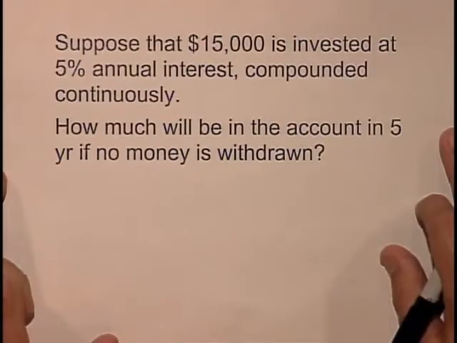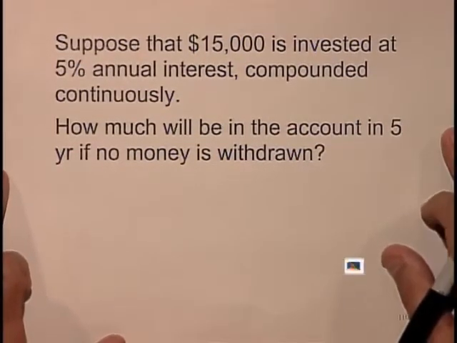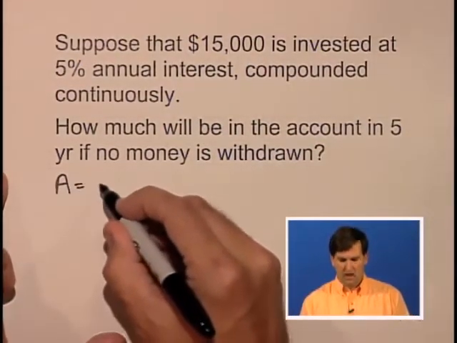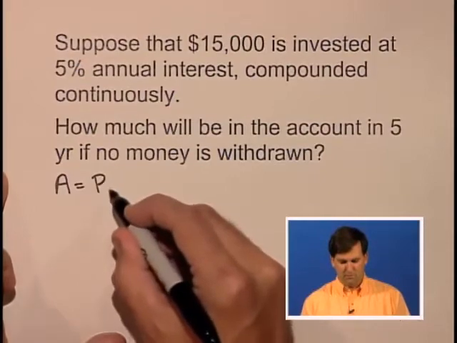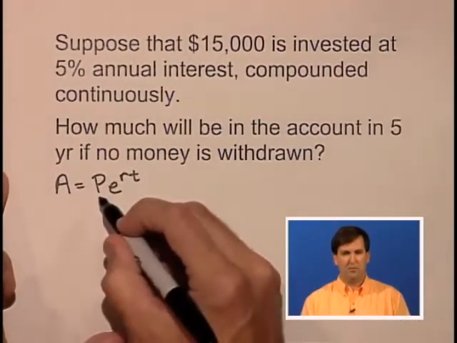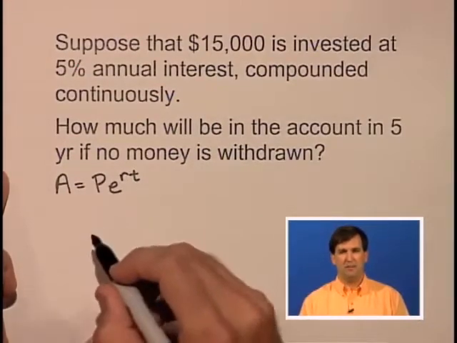Suppose that $15,000 is invested at 5% annual interest, compounded continuously. How much will be in the account in 5 years if no money is withdrawn? For continuous compound interest, we have the formula A equals PERT. I always call it the A equals PERT formula. A equals P e to the rt, where P is the principal, r is the rate, and t is the amount of time